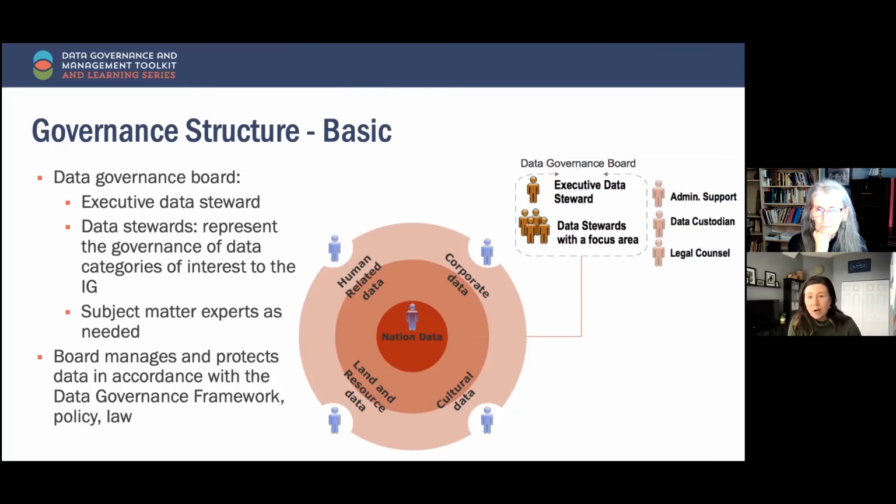On corporate data, what costs have we incurred as a result of this spill? What have we already spent? How many people hours have been spent on this from our administrative team? Cultural data might tie to traditional use of the impacted areas, traditional teachings about water and people's relationship with water. And land and resource data might look at the impacts of the spill on, say, the fish supply.